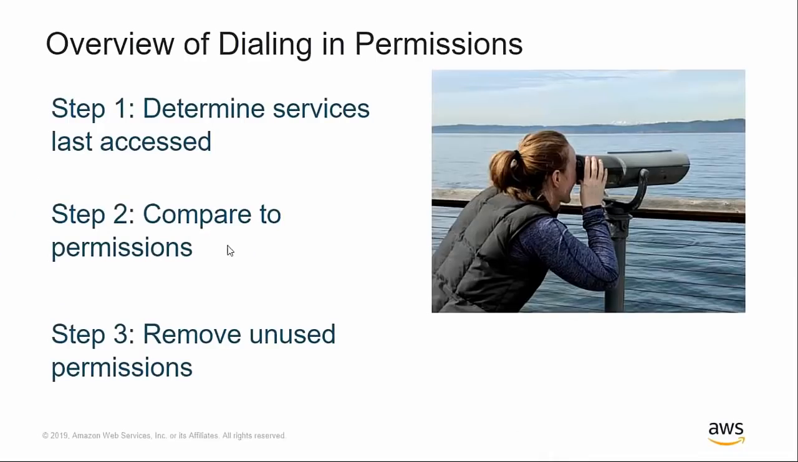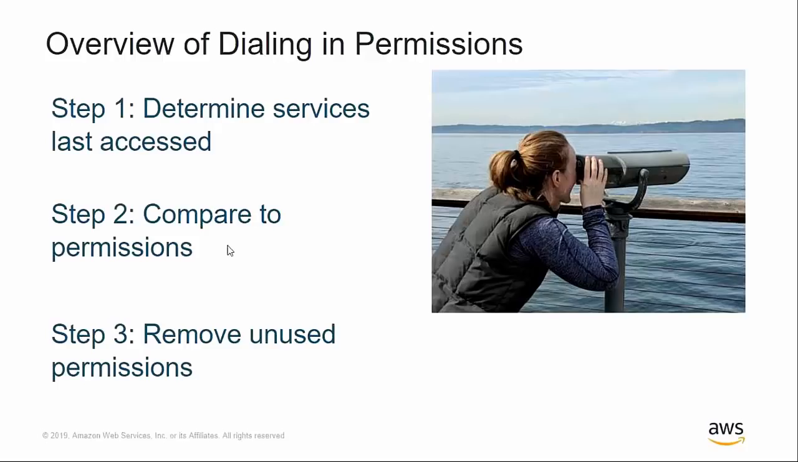As you look into the permissions and the activity that people have across your AWS accounts, one thing to do is determine the services that are last accessed, compare them to the permissions that they have, and remove unused permissions. I'm not going to demo this in real life because you get a long API response, but essentially